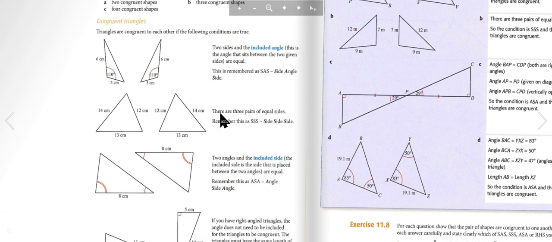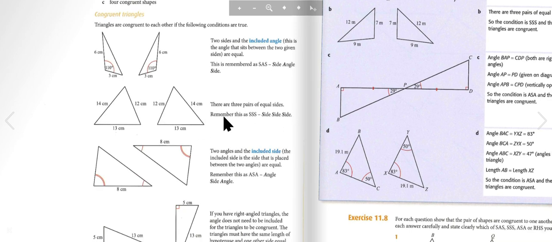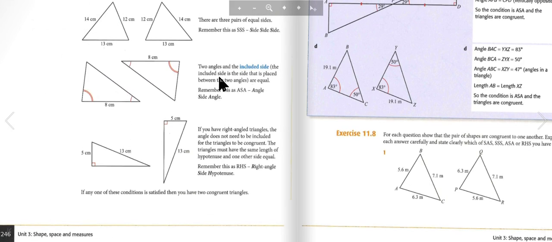There are three pairs of equal sides. Remember this as SSS, side, side, side. Two angles and the included side are equal. The included side is the side that is placed between the two angles. Remember this as ASA. If you have right-angled triangles, the angle does not need to be included for the triangles